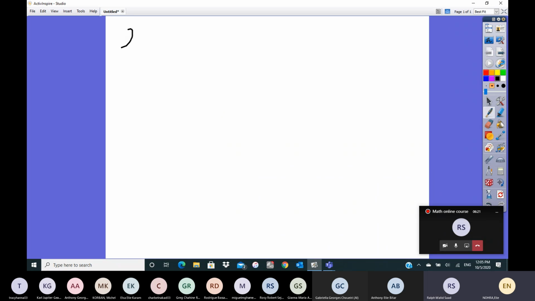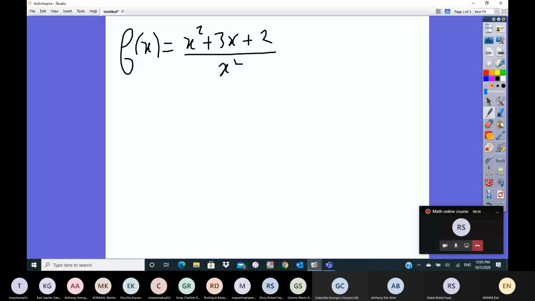F of x was x squared plus 3x plus 2 over x squared, right? Yes, very good. Now, if you remember the way we explained it in the course,